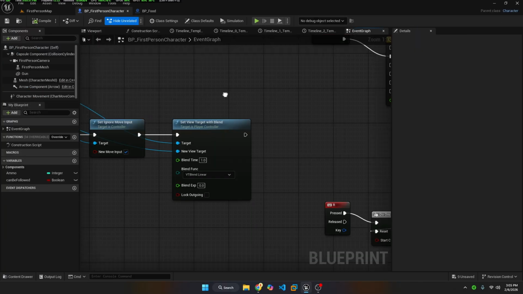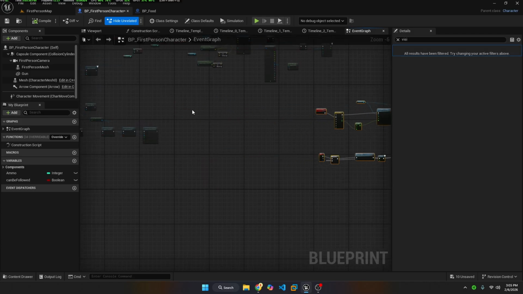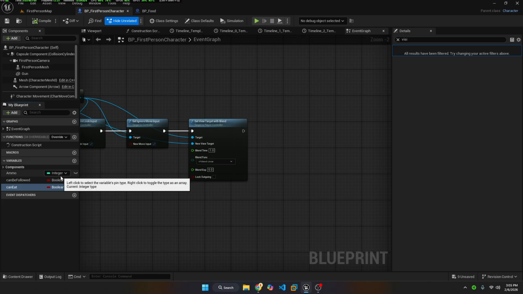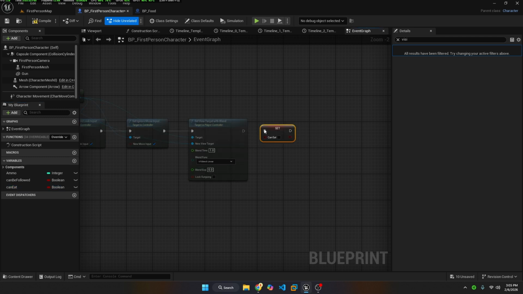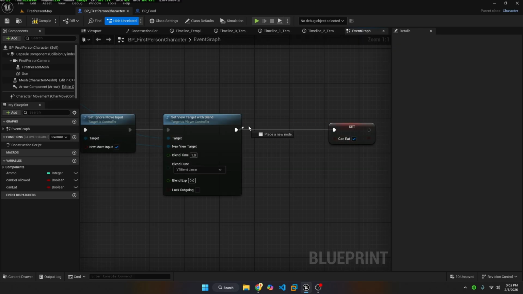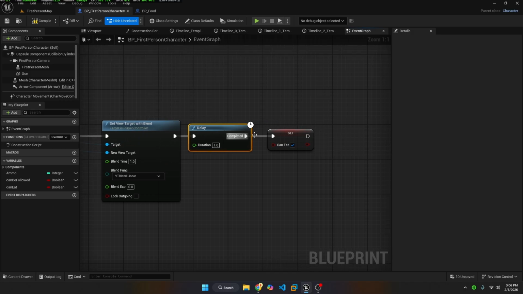The next thing we want to do is create a new variable. So one sec, I'm just going to move this code to the side. We'll call this variable can eat. So this will essentially tell us if we're allowed to eat or not. Then we want to set this variable. A quick way to do that is hold down Alt and drag it on, and it automatically goes to set. Then we want to set can eat to true, but actually first it's better we call a delay for 1 second, so we wait till the blend has finished changing the camera,